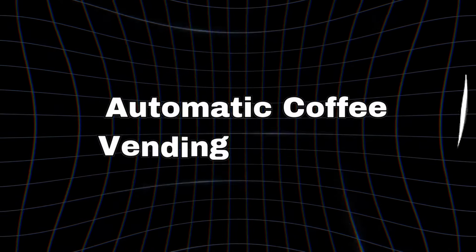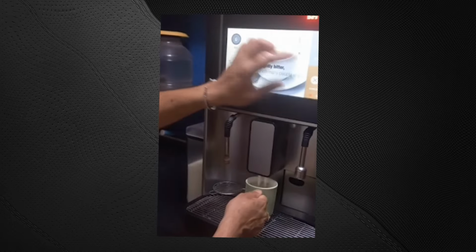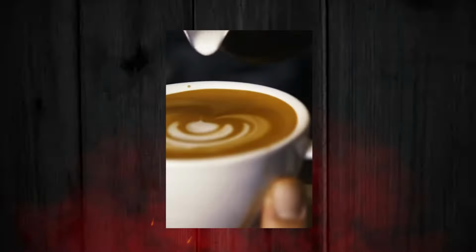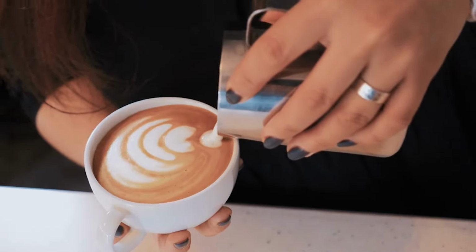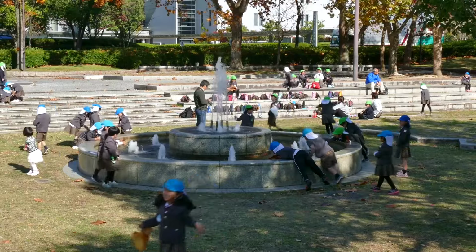Automatic coffee vending machine. Coffee is a billion-dollar industry, and an automatic coffee vending machine is one of the easiest ways to tap into this market with minimal overhead. These machines brew fresh coffee at the push of a button, serving cappuccinos, espressos, and lattes within seconds. Ideal for high-traffic locations such as office buildings, shopping malls, and public spaces, these vending machines generate passive income with